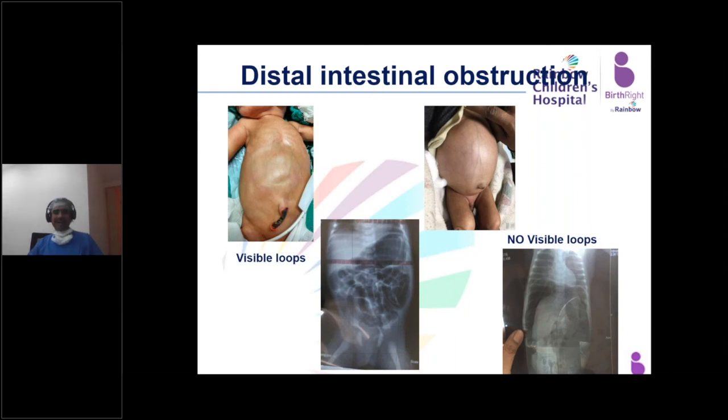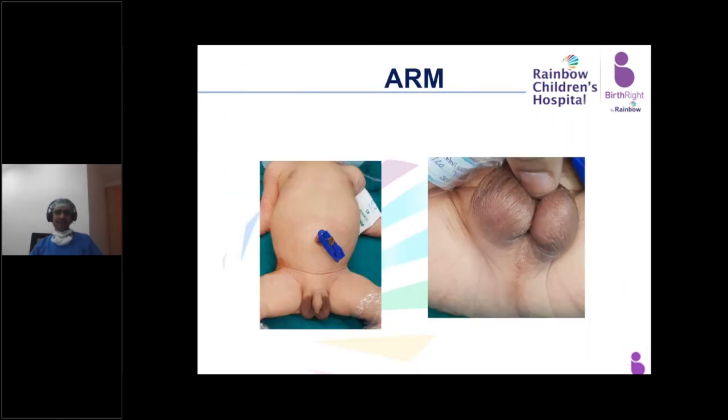On the other hand, on the right side, same distension, but you can see there are no visible loops. The whole of the abdomen is distended. That means dilated loops of intestine are not the cause of distension. And if you see the X-ray, football sign, free gas in the peritoneal cavity, suggestive of perforation. That's how clinically also we can predict whether the child is having obstruction or perforation, or some other reason for distension of the abdomen.